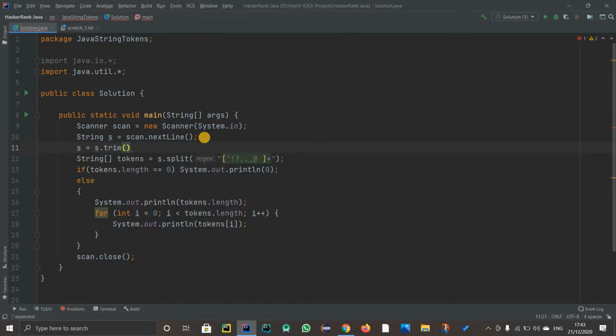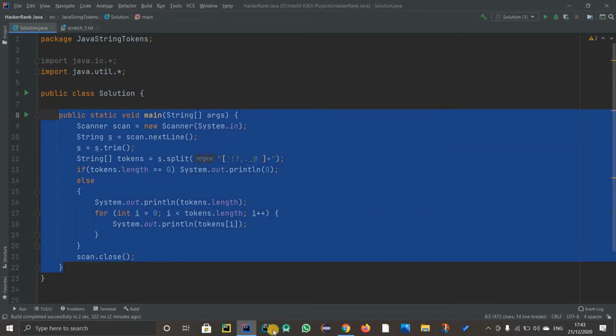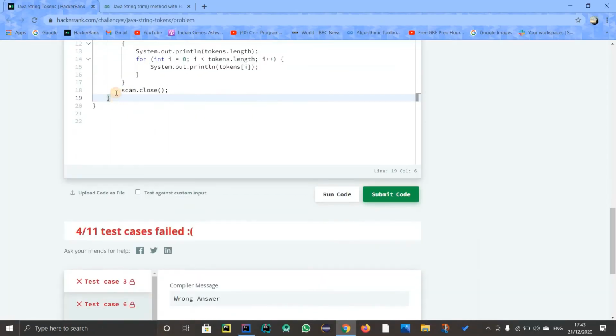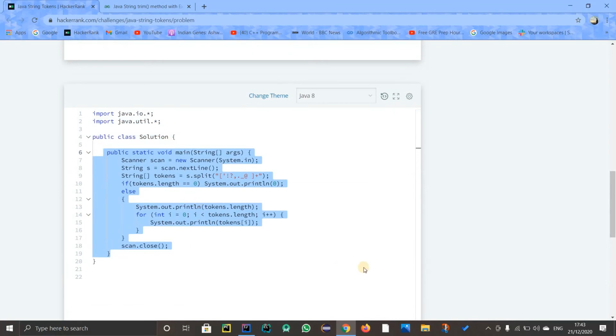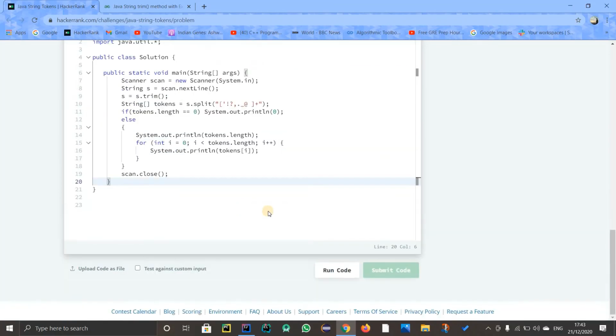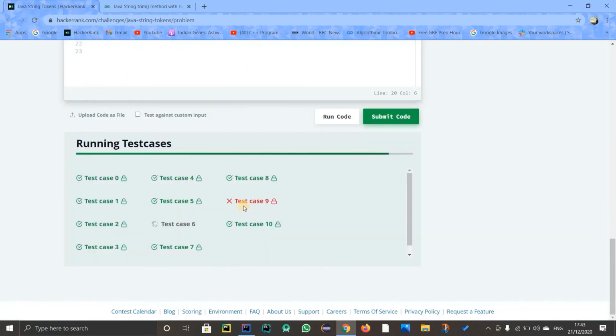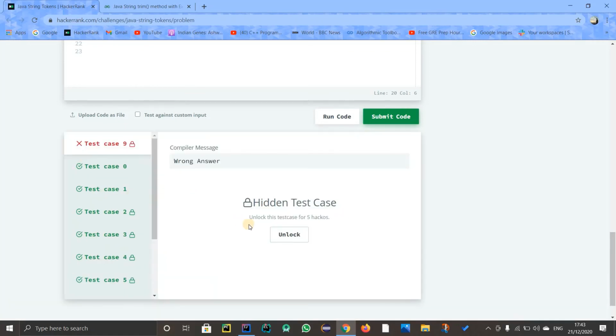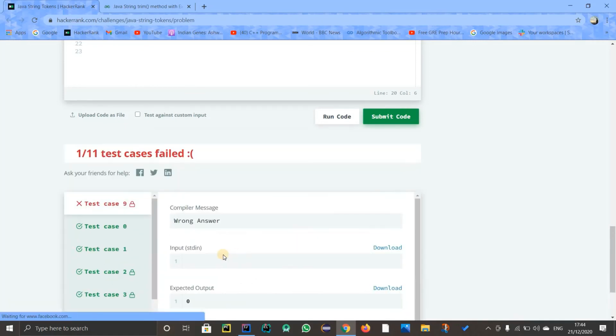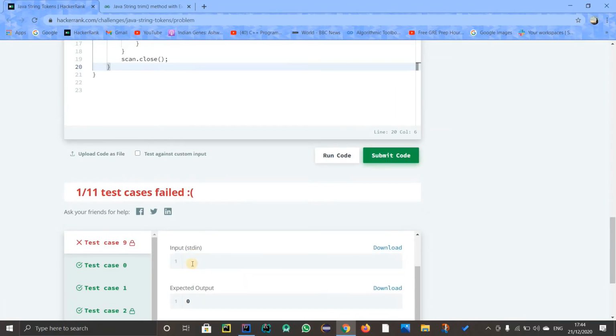Yeah, and obviously don't forget the semicolon, and I think it should be fine now, because I think we have particularly seen each and every test case. So let us now submit it. Okay, there is still one test case that is not working. Let us see what that test case is. Okay, it is not giving any input, right?